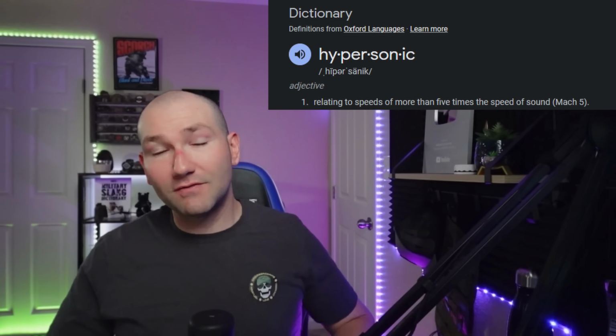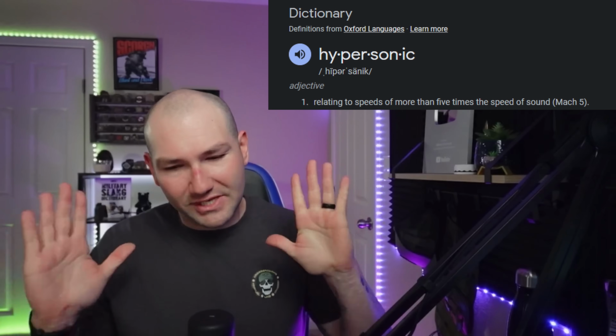So first of all, what is hypersonic? Hypersonic is by definition anything that travels at Mach 5 or greater. Now, I don't like using Mach because Mach is the speed of sound, and the speed of sound can vary based on what elevation it is, and it, of course, doesn't move in a vacuum, or maybe it moves really fast in a vacuum. Look, I'm not a physicist. I'm just going to break this down as easy as I can for you guys from a missile defense perspective. But in case you're wondering exactly how fast Mach 5 is, it is 1,715 meters per second, or 1.7 kilometers per second, or 3,836.35 miles per hour.